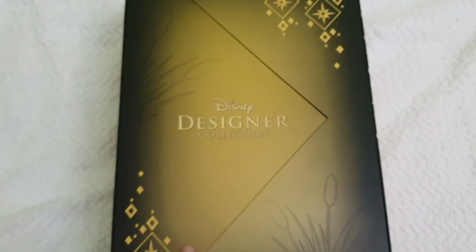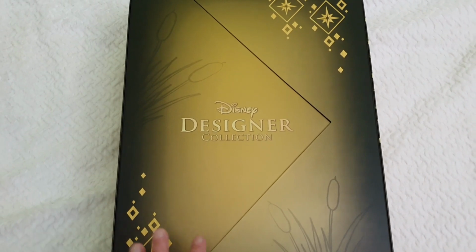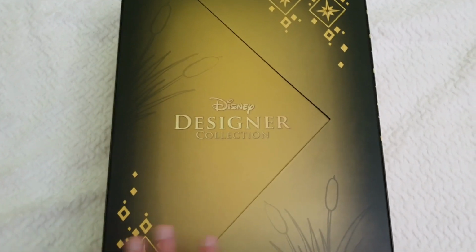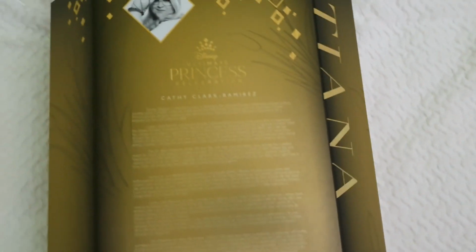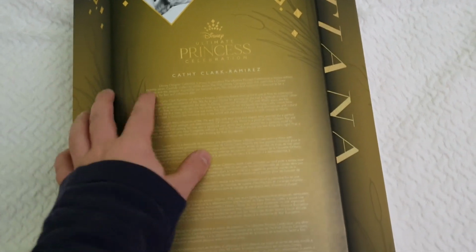And this happened for the 3 last repeats, because again there are two Tianas, 2 Auroras, and 2 Ariel dolls. Ariel is on her way, so I will be reviewing her very soon as well. And now we can see that the vegetation feature continues over here with the name of Tiana, and then on the back, this is going to prove difficult to read, because again it's exactly the same color,